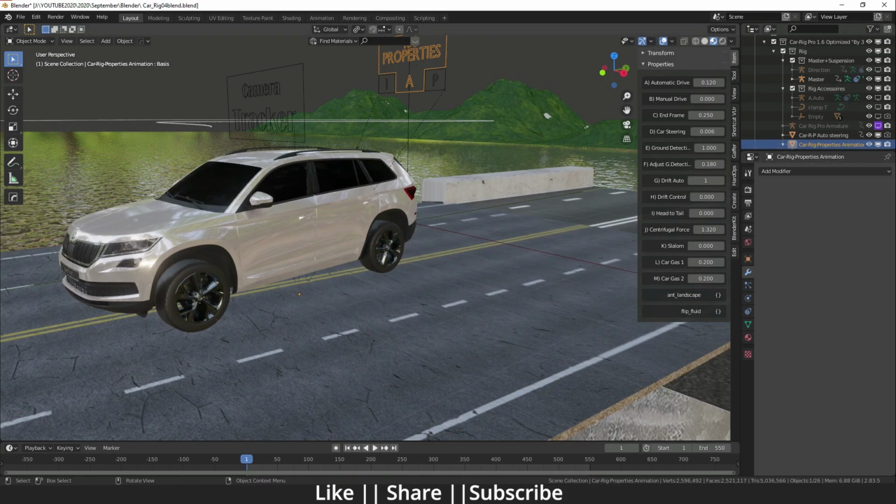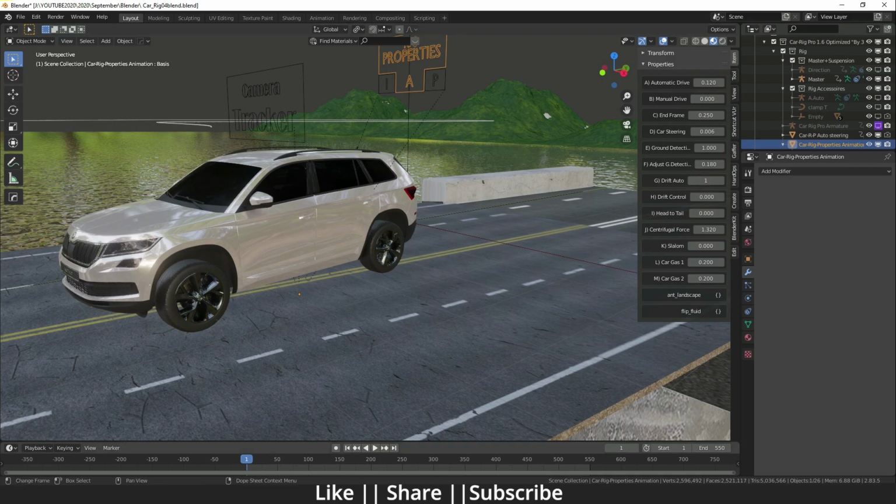Okay, so these are some basics of these tools, and if you want to know more in depth, we'll talk about it in some other part also. And we'll create some cinematic shots as well, but right now I'm just going to tell you some basics about this car rig add-on, so you can use it and create the kind of animation or shot that you want to create.